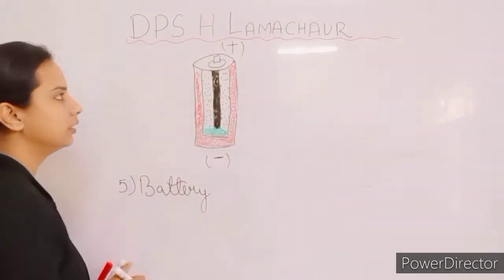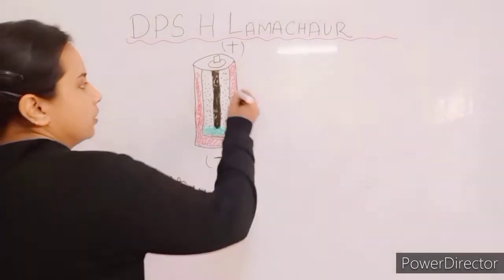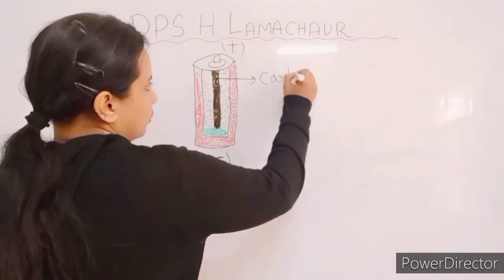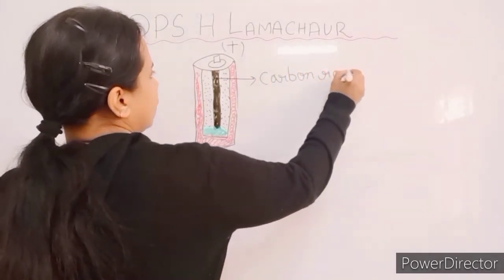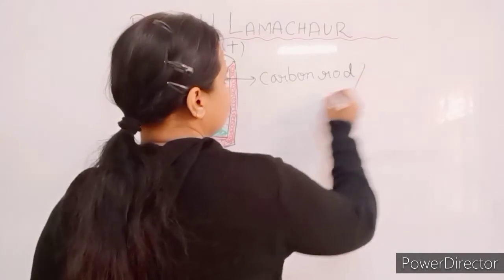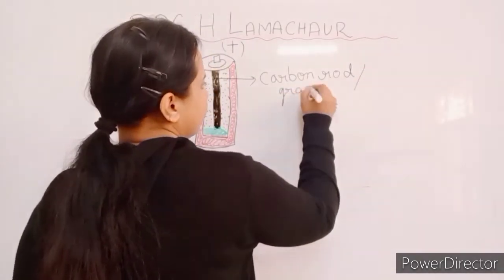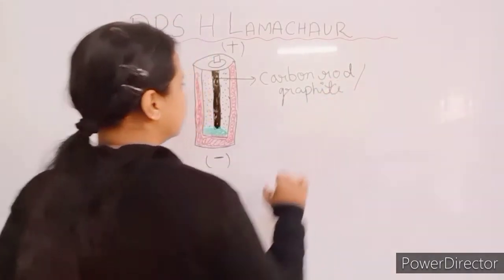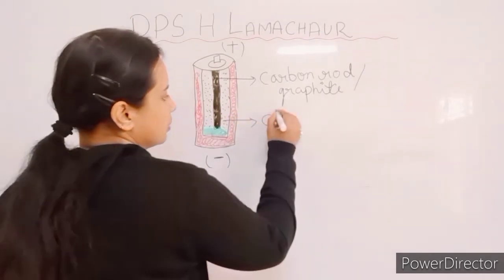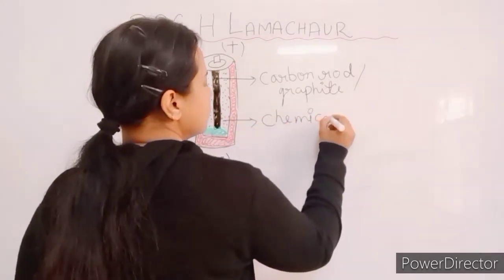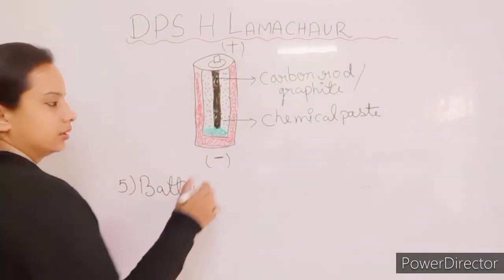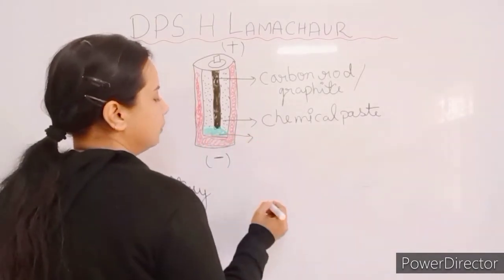Now students, you can see the image of an electric cell. This black color rod here is a carbon rod, or we can say a graphite rod. And the dot here you can see is a chemical paste, and this green color structure here is a metal plate,